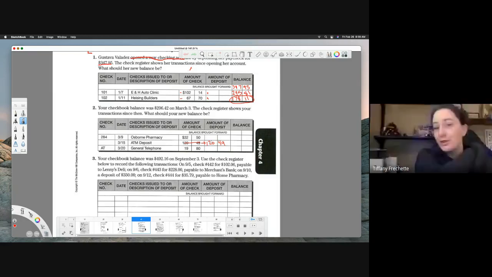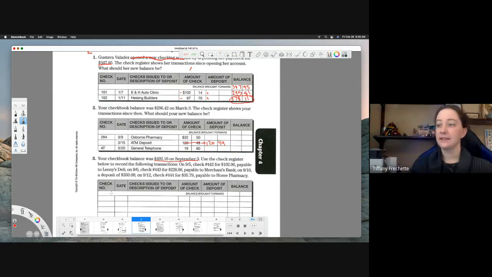And then down below, they don't fill in anything for you. You have to fill in the whole thing. So you're going to put in the check numbers, the date, what it's for. Is it a check? Is it a deposit? Make sure you put it in the right column. And then you'll write in your checkbook balance. They told you what your checkbook balance was as of September 3rd, so they don't ask you to write all that in for the balance. You just write it in,